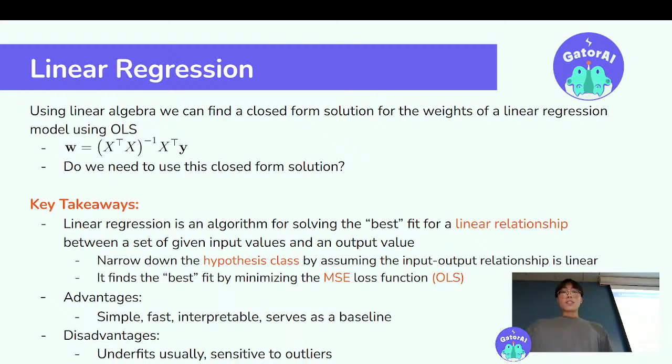So if there's anything you should take away from this, it's not to get bogged down in the math. I put the math up to show you a little bit of how even the simplest model, linear regression, can be quite difficult to go through when you're trying to find the closed solution. If you didn't understand the math, that's completely fine. I would say it's quite difficult, to be honest.